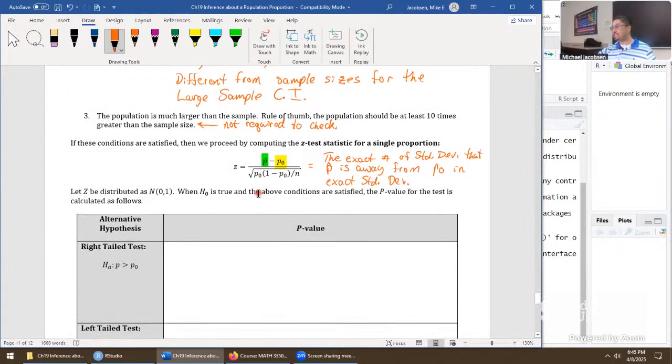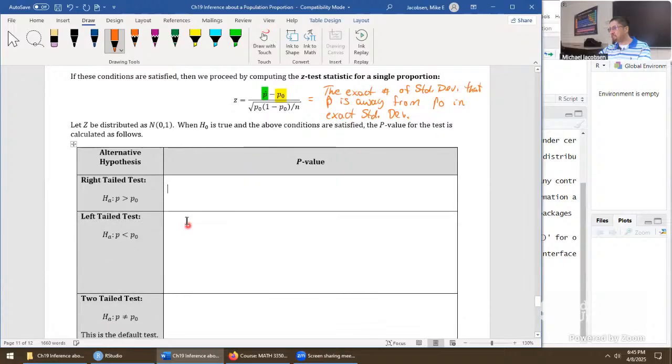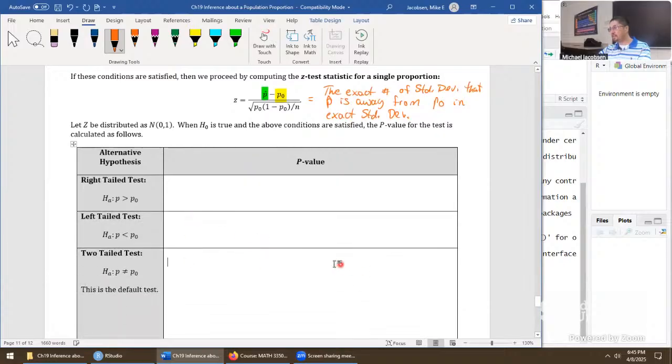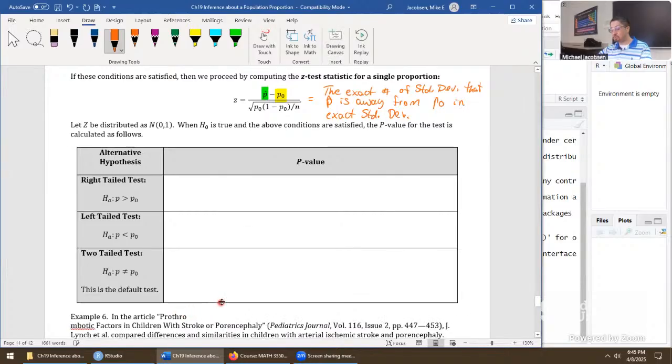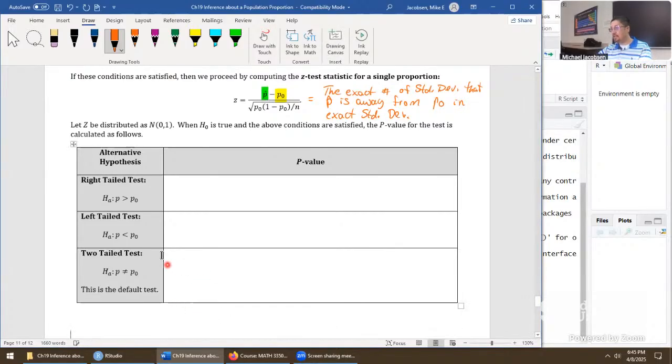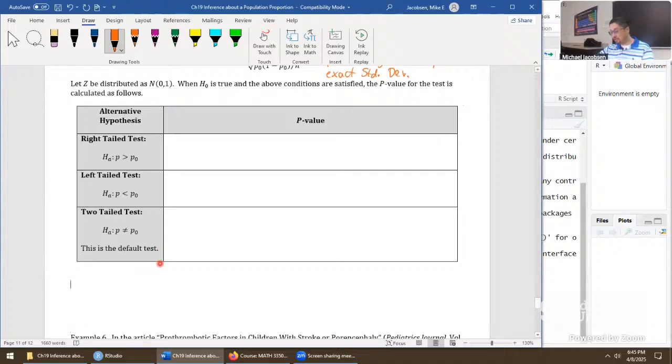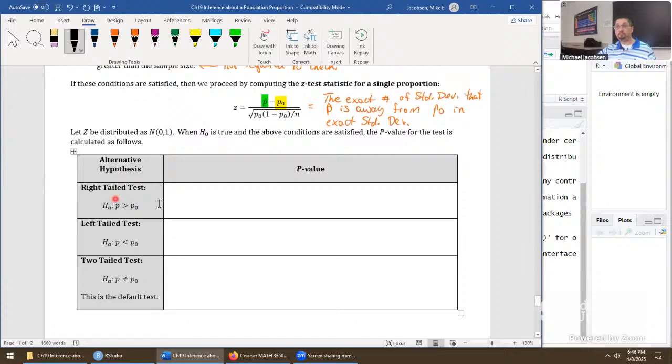So that's the computation of the test statistic. But then everything else, I've added a lot of space here, but it goes exactly the same as what you would have saw in chapter 14. So what we would say here for a right tail test, p bigger than p naught, would be just go p value equals p norm. So we're back in the normal distribution. This one's a right tail test, but you just grab your test statistic z. Then take z.